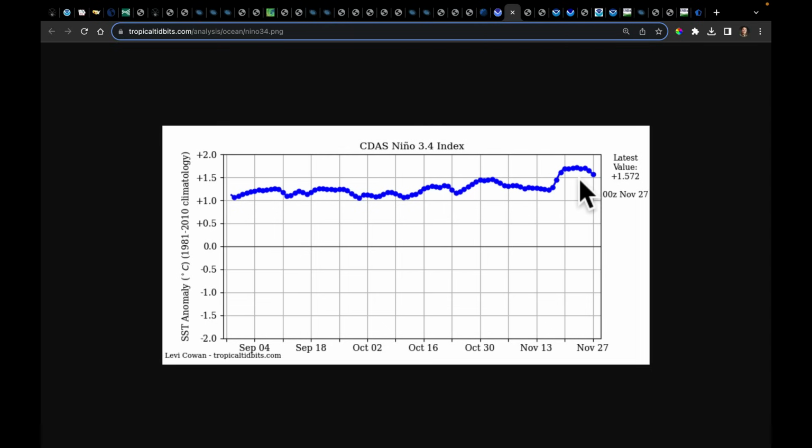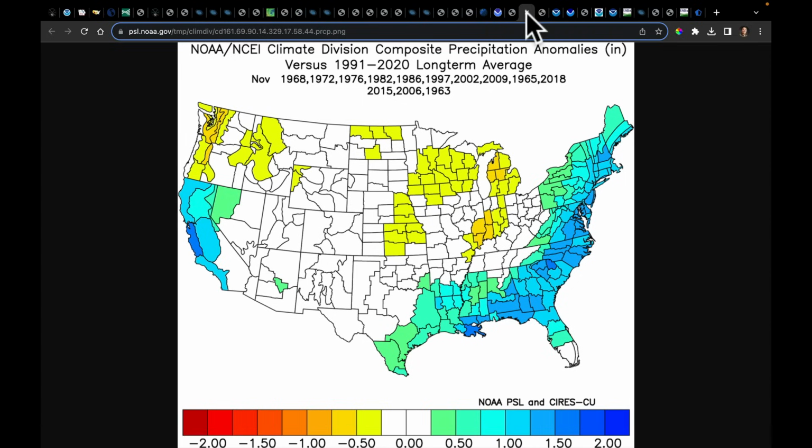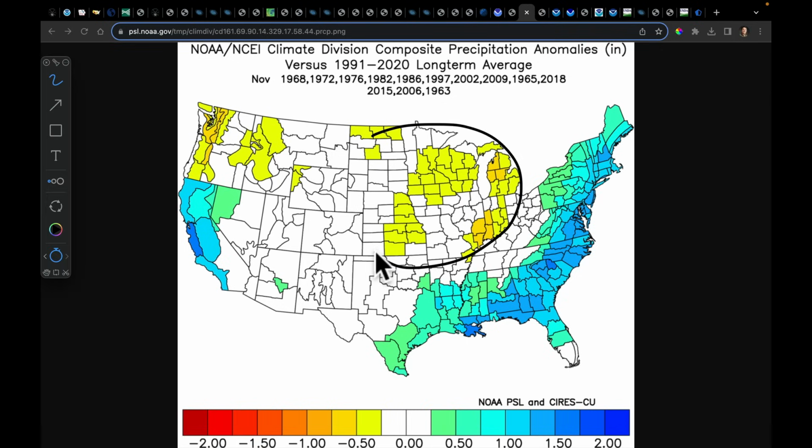And we know that this El Nino is likely going to peak in the next, let's call it 60 days. Some point in December or January, it's likely going to reach its peak and begin to fade. Now, I showed you at the beginning, about 15 minutes ago, the month of November precipitation stats. Every time we've had an El Nino since 1960, we've tended to be a bit drier, not overly so, in the Midwest, wet across the south, wet up the East Coast, drier Northwest, wet